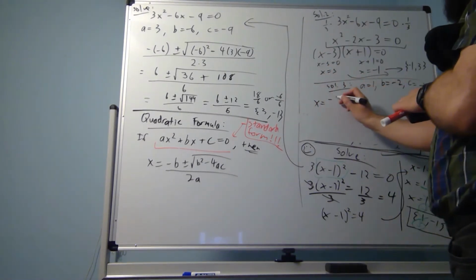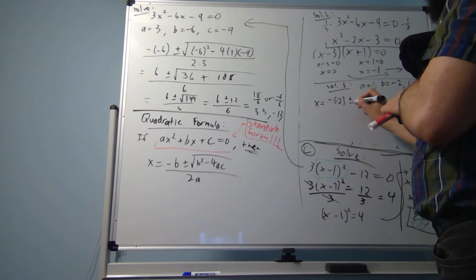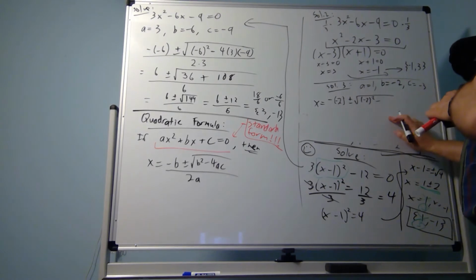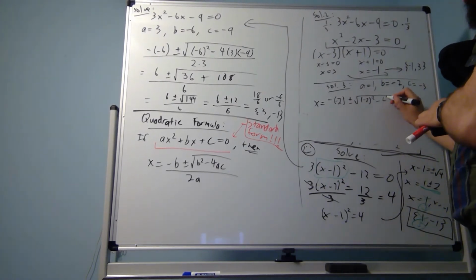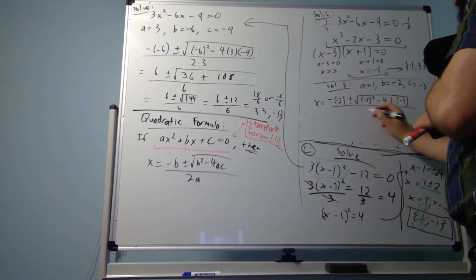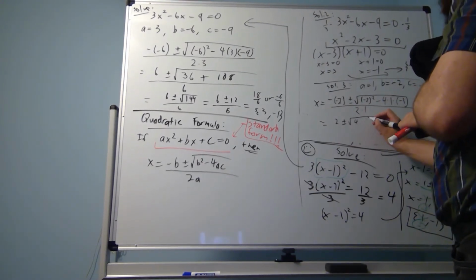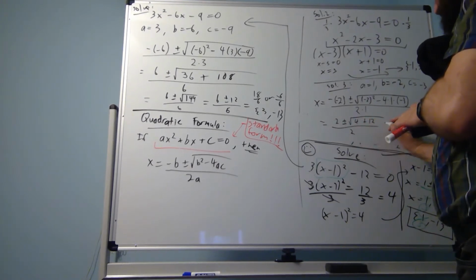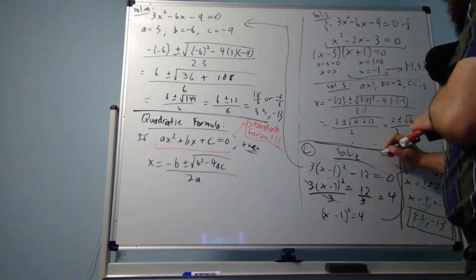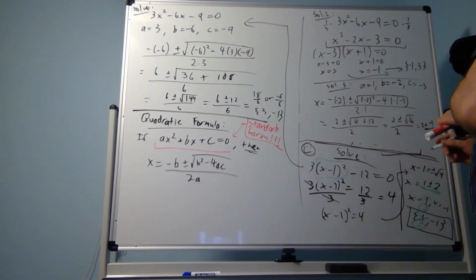So x is -b plus or minus square root of b squared minus 4 times a times c, all over 2a. So 2 plus or minus the square root of 4 plus 12 all over 2. So 2 plus or minus square root 16 all over 2. So that's 2 plus or minus 4 all over 2. So that's either